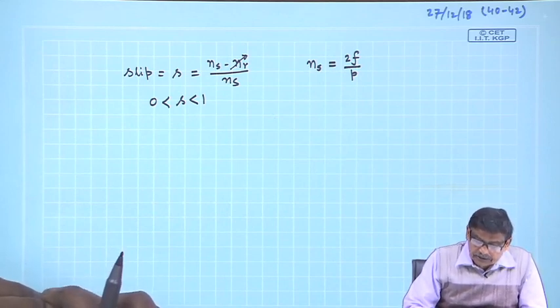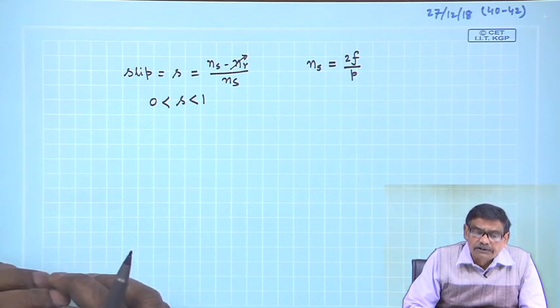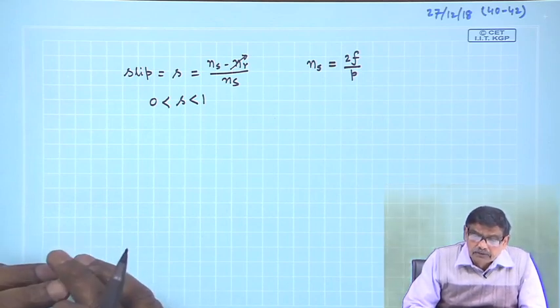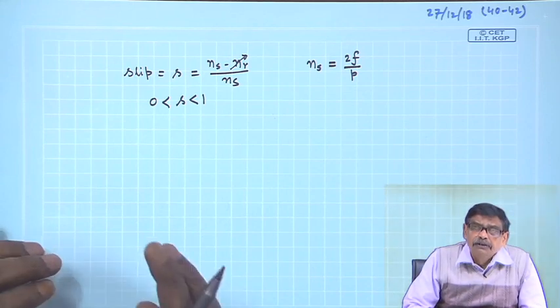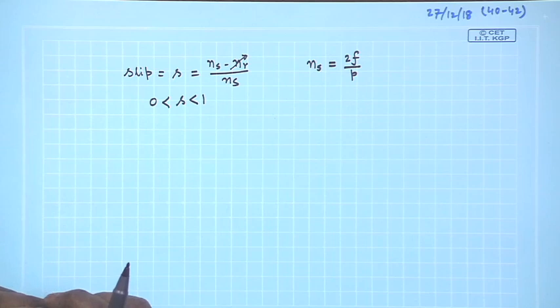And also we discussed that if the machine is under no load condition, friction cannot be avoided. So, machine under no load condition means only the opposing torque present is very little and may be